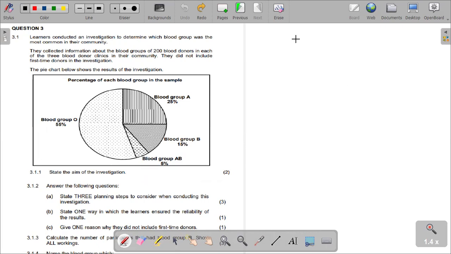That is the aim, as shown there, to determine which blood group was most common in the community of these learners. So we are saying to determine